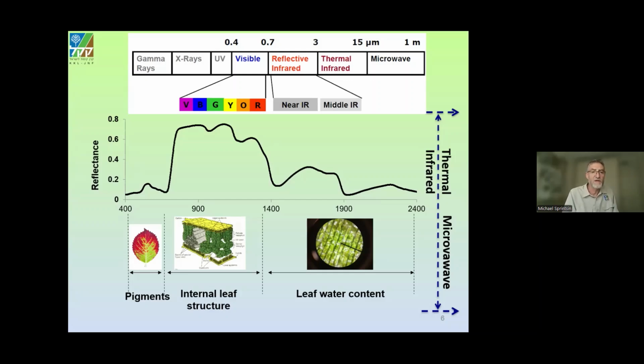Each one reflects the influence of an object we measure in each one of them. The pigments are influencing the visible part from blue to green, the internal leaf structure and absorption in